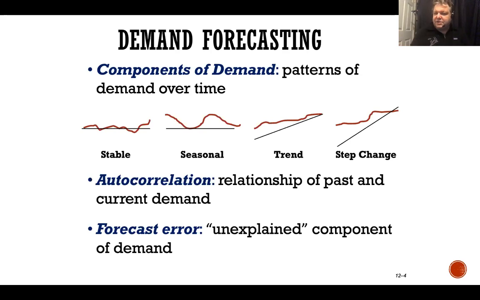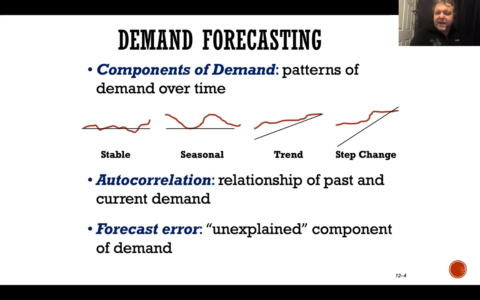That's autocorrelation. Because of the poor sales in October, we're probably going to have poor sales in December as well. So the past is related to the current demand. Just be mindful of that. When we look at our data, every now and then autocorrelation pops up. It means there's some sort of mistake or some sort of misreading we're getting because of that problem.